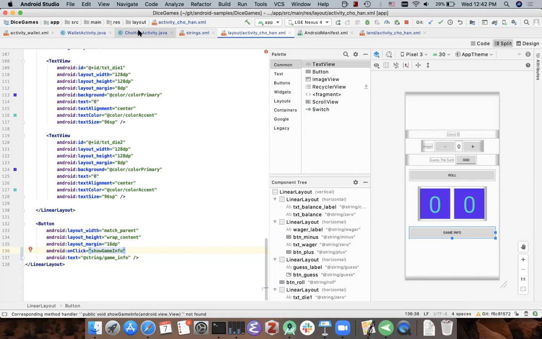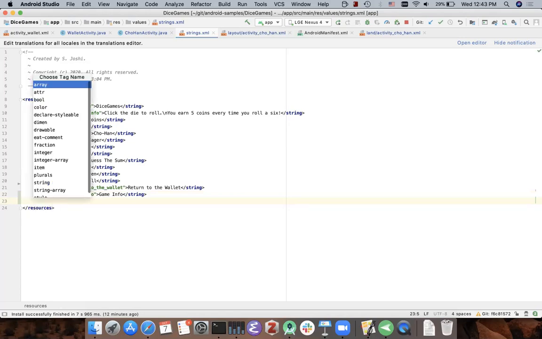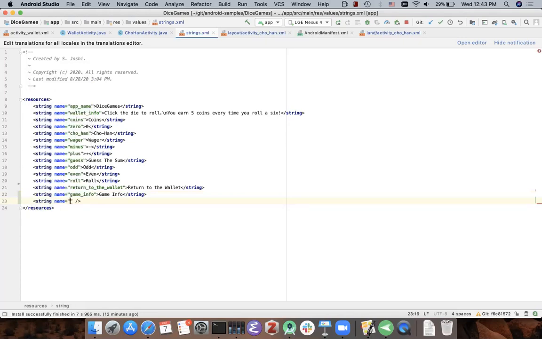So let's see. Let's first create a string that has the value of the URL. Okay. So just showing another way of doing it here, you can do Command N on Mac or something similar on the Windows device. I don't remember the exact value now. Yeah, but the name of it could be, let's say, Shohan URL, right? And the value is